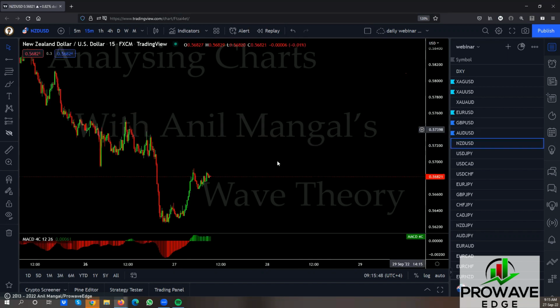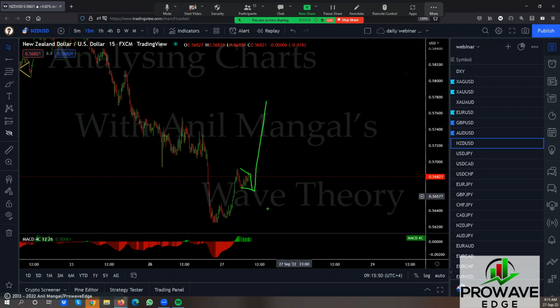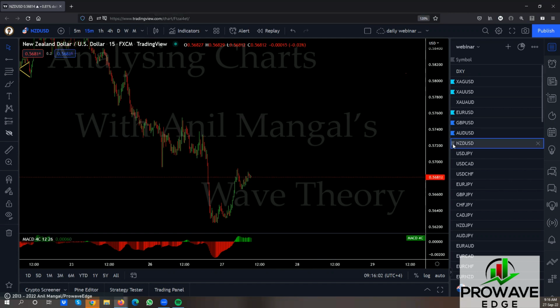Let's see. Okay, this one is much better in that you've got a really sharp move up here and we're making a flat here. This flat would be a buy. This has to come way down to the bottom here and go back up before it becomes a sell. So right now, that is a buy setup we're looking for.